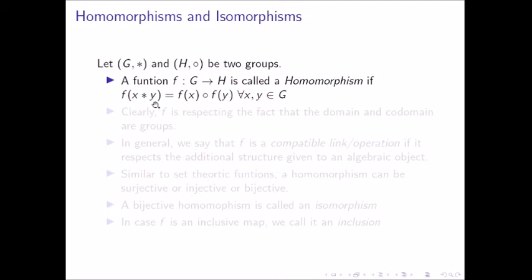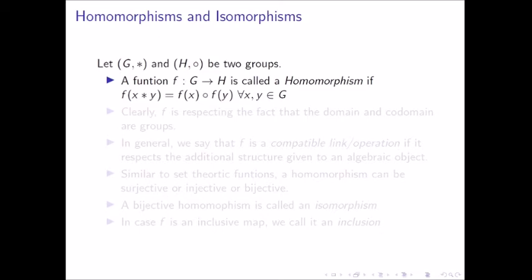f of x star y, this is the group operation inside, that is f of xy, is equal to f x circle f y. So f x is the image of just x, and that is an element of H, and f y is an element of H which is the image of y. These two, when they operate inside H to give some, say, z in H, that z is basically the same as f of x star y or f of xy, where xy is an element of G by closure. So this is what we call a homomorphism in group theory.